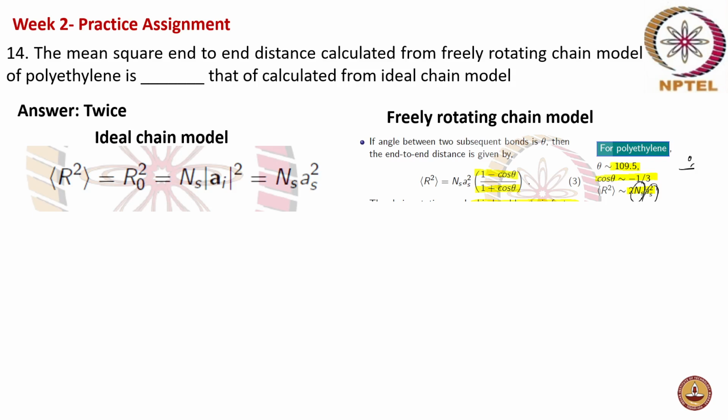So in case of ideal chain, your mean square end-to-end distance is given by n s square. Whereas in case of your freely rotating chain, the angle between two subsequent bonds comes into picture, and this bond angle in case of polyethylene is 109 degrees. The cos theta of this 109 is minus 1 by 3. If you substitute that, you will end up with the mean square end-to-end distance for a freely rotating chain model in case of polyethylene being 2 times that of the ideal chain model. Okay,